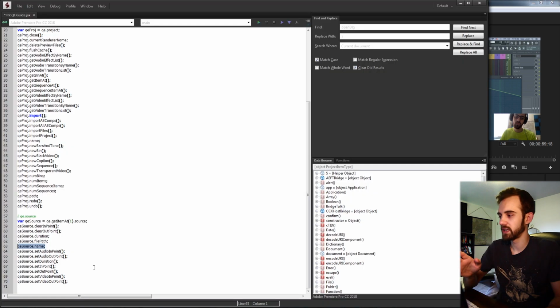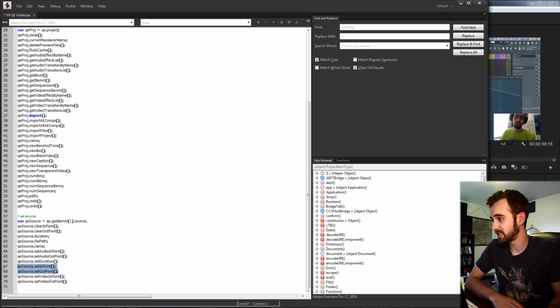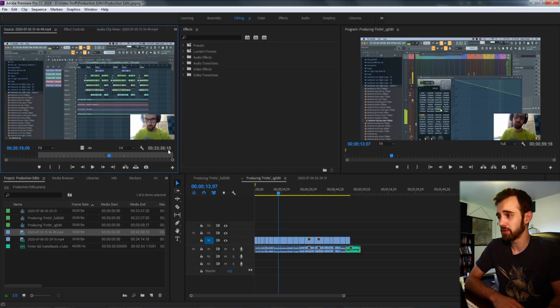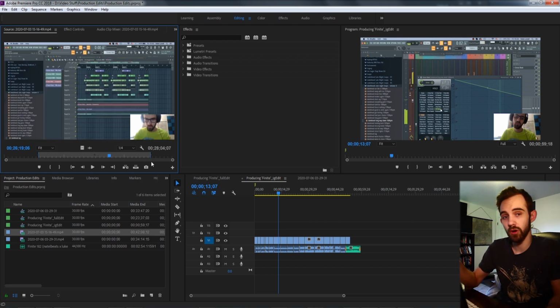And you can even go in and get specific details like setting the audio in and out point as well as the video in and out point if you're only dealing with one part of the media or if it's just a single piece of audio or footage. And then of course you can set the in and out points to a custom setup where you want them to go. So if you had a bunch of clips with the same duration and you needed to grab those in and out points and then import them into a sequence, you could run through all of your items and change those in and out points.